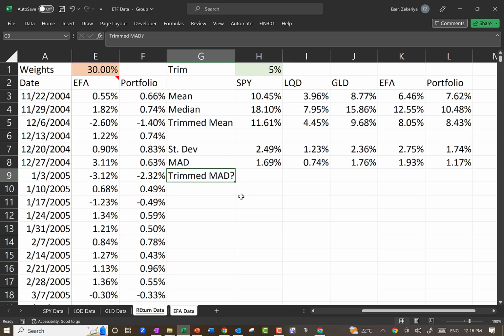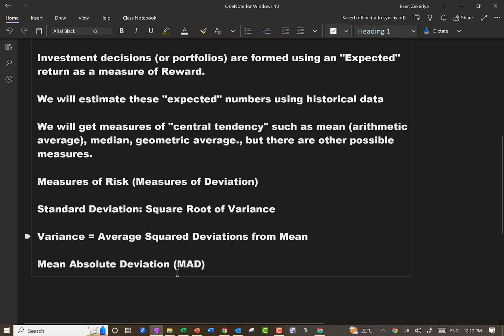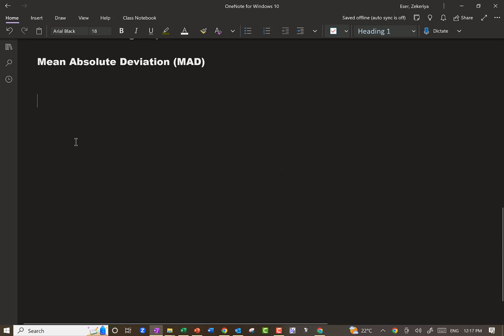In the remaining 15 minutes, I'm going to give you a highlight of coming attractions. We want to solve the following problem. For a given level of reward,